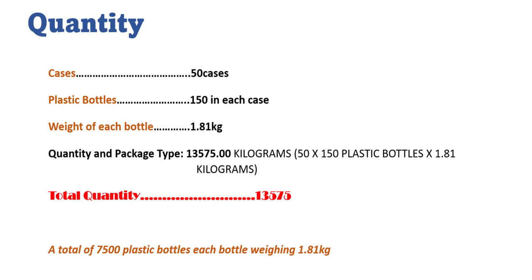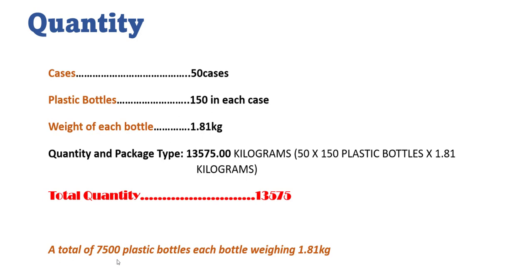Now, if I want to find out what the total quantity is, then I would need to find out the total amount of that commodity that is in the shipment, which would be the 50 cases times the 150 bottles, to find out how much was the total amount of bottles of this commodity that I have,